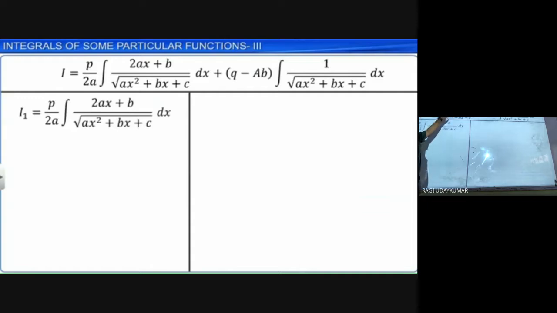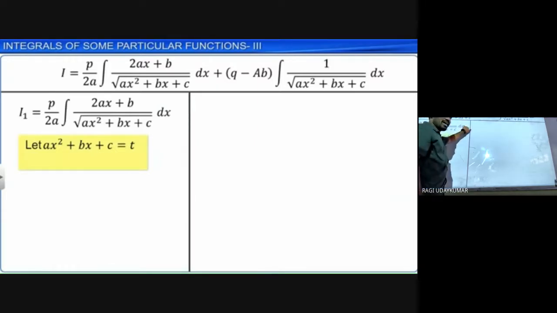And इसको split करने के लिए integration of f dash of x by under root of f of x we are going to. So इसके लिए क्या करना, ये under root में क्या है उसको t consider करो. Same model. So what you are going to get, 1 by root t we are going to get finally. If you consider this ax square plus bx plus c equal to t, (2ax plus b) dx equal to dt आ जाएगा. So numerator में dt हो जाएगा, dt by under root of t हो जाएगा.